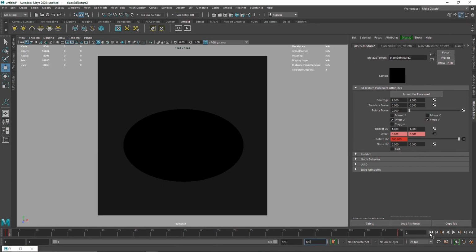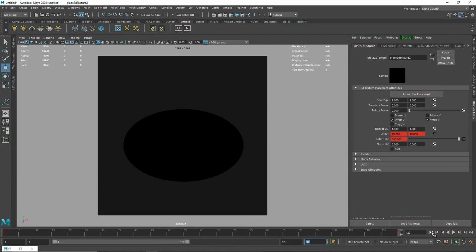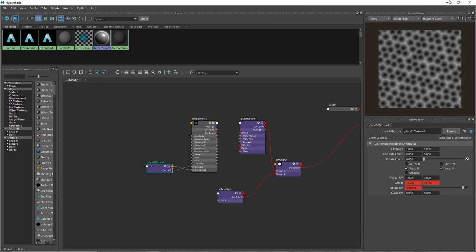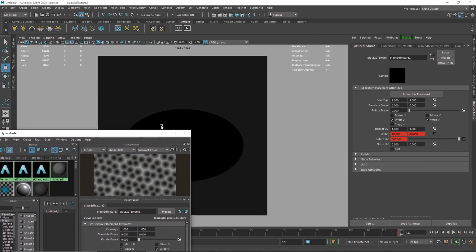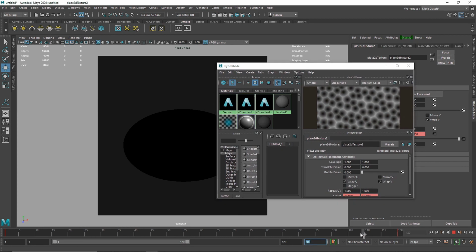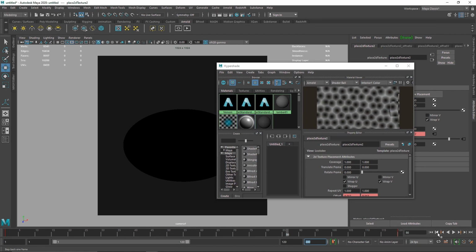And from here, I think I've applied the key on the second frame here, so I'm going to quickly delete this, and I'm going to go to my last frame here. Alright, 120 it is, and I'm going to rotate this here, set key. Alright, so that's it. So now we have a pretty interesting thing going on. I'm going to scale this down again, and let's scrub through. Alright, so there you go. So now you have something like this.